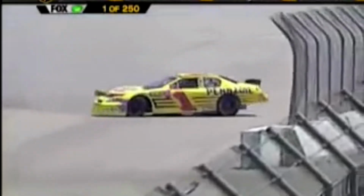And we've had enough. Whoa, in the wall, Newman. And Park spins. Caution is out. Steve Park keeps it